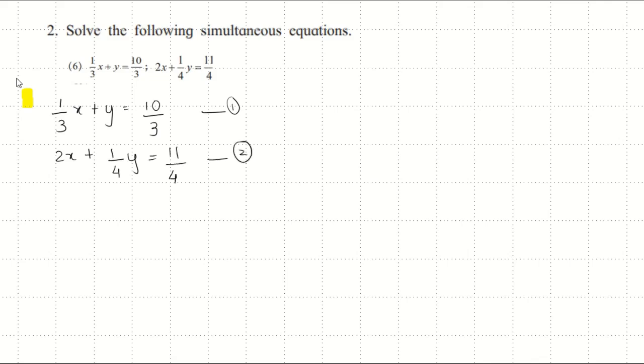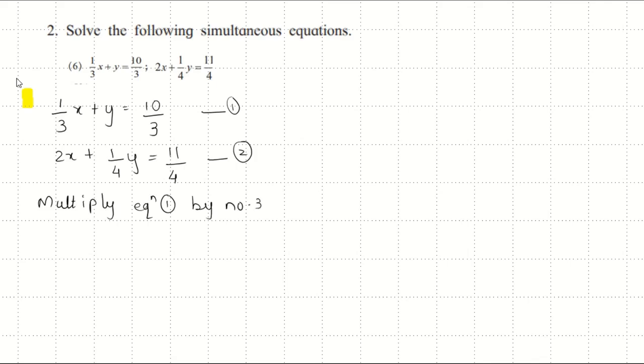Whenever we get these types of equations which are in fractions, we can try making them easier. We don't need to panic or get confused about how this equation is possible. We can try solving it further to make the equations a little easier. How to make it easier? First we will multiply equation number 1 by 3.